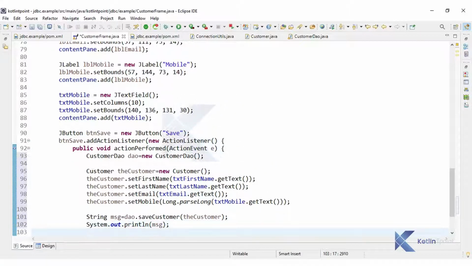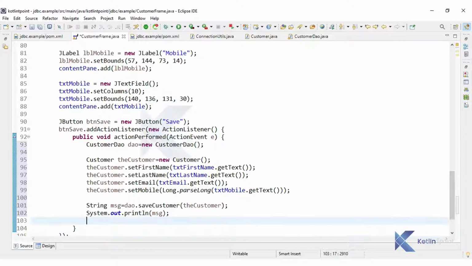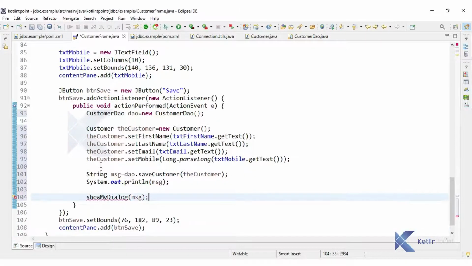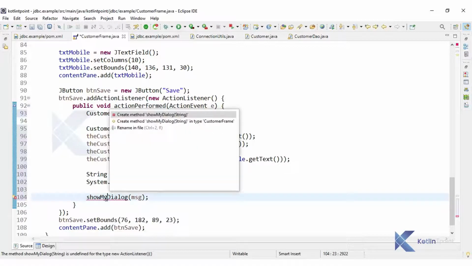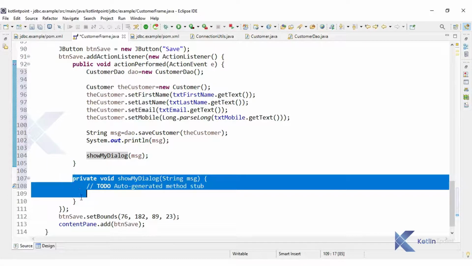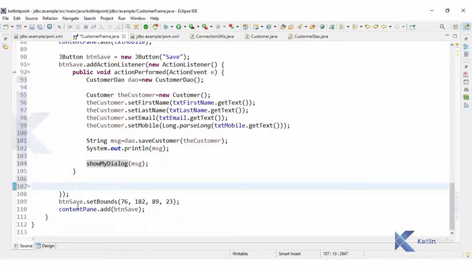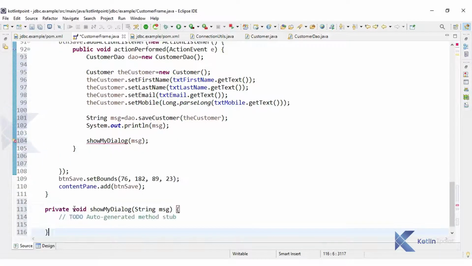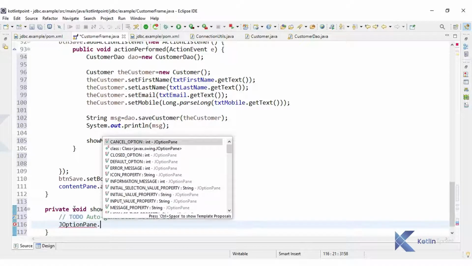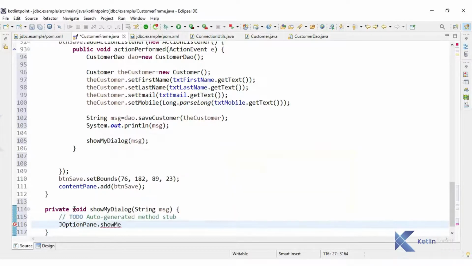Okay, if you want to display with a dialog, then we can create a showMyDialog method, and I will pass this message to that dialog method. Let me create this method outside. So we have one method, and here I'm going to write JOptionPane.showMessageDialog.